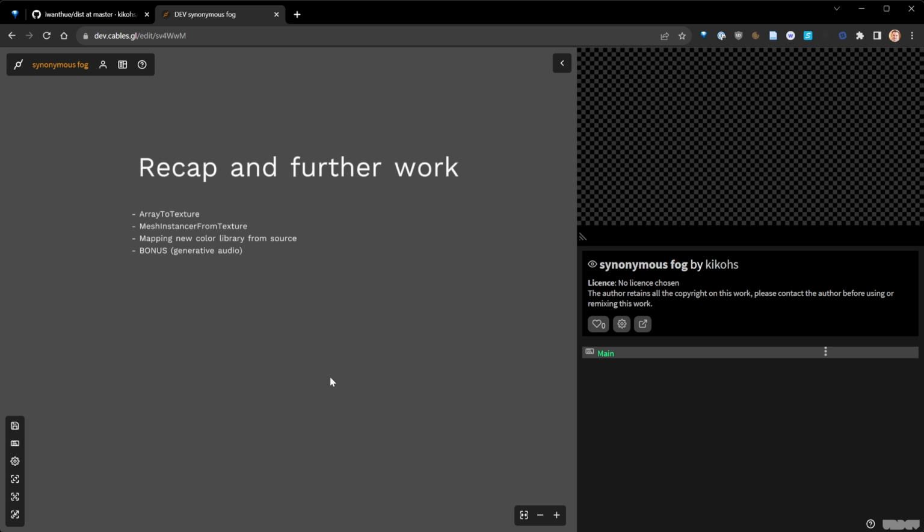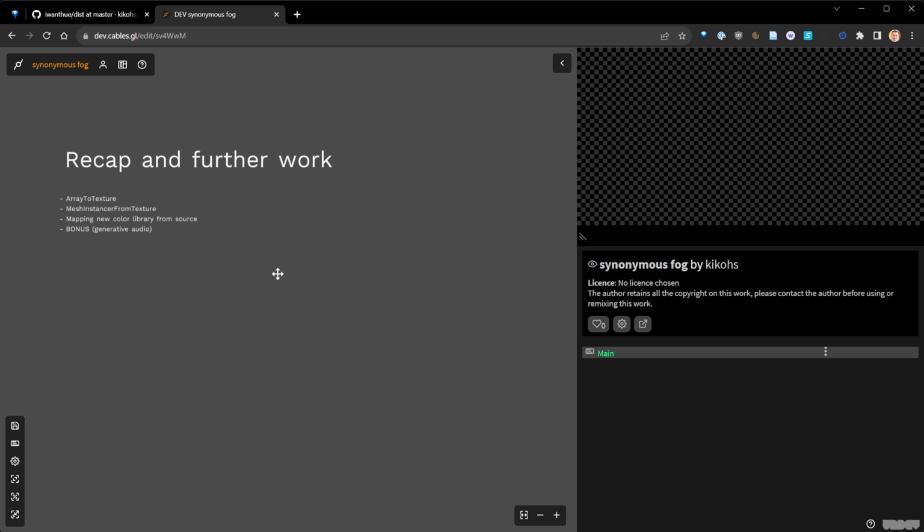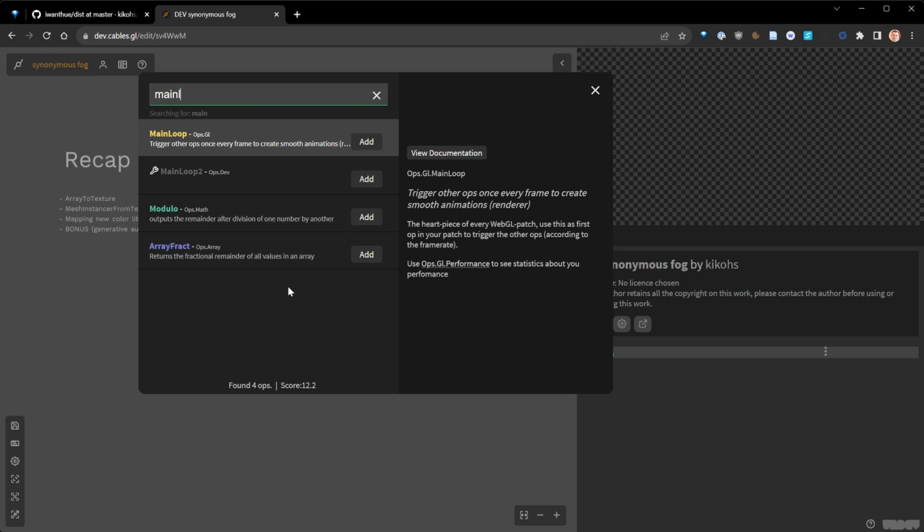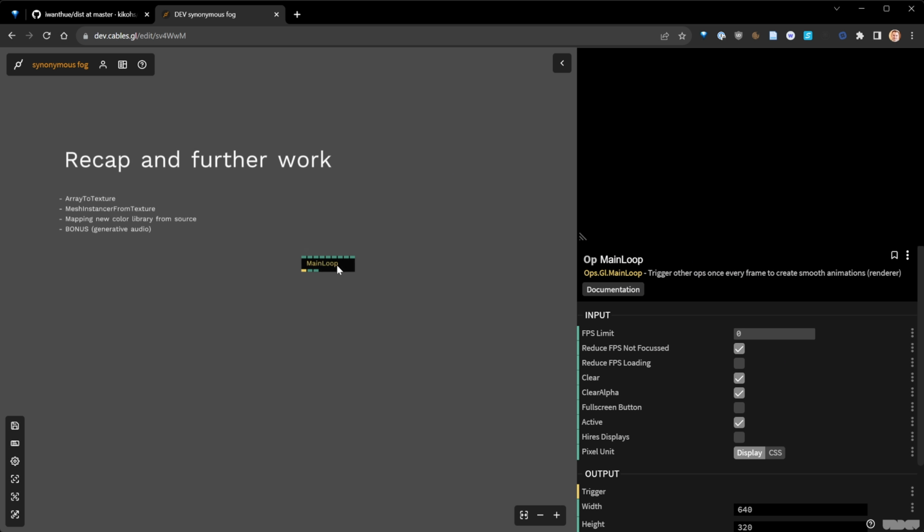So my goal for today would be to make just animated cubes, and I would like also to create a small bonus video where we can also generate some audio content to go alongside our cubes. So how could we do this? Now we are very familiar with the basics, right? So we know we're gonna have to put the main loop, and you will notice that the UI changed a bit. There's the new background and color of the ops because Cables was updated